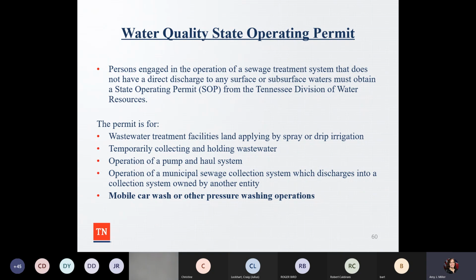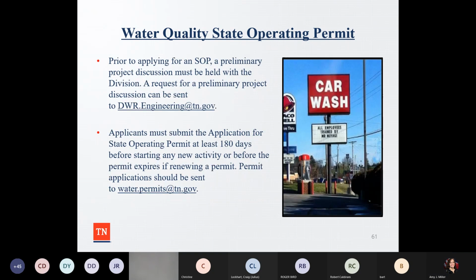And then another one is mobile car wash or other pressure washing operations should be getting a water quality state operating permit. So sometimes we get questions about having a car wash in the floodplain. So this is one of the permits that should be obtained, as well as getting a floodplain development permit. So again, prior to applying for the state operating permit, a preliminary project discussion should be held with the division, and then requests for a discussion can be sent to division water